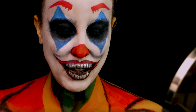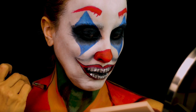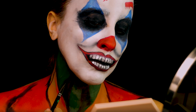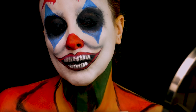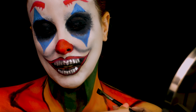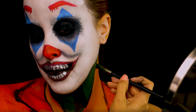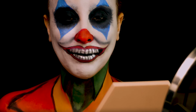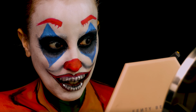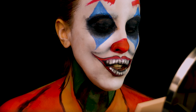Just tracing the division from one color to the other. Defining very well the clothing. Let's continue with the red jacket or blazer. And again, remember that I want you to guess which joker